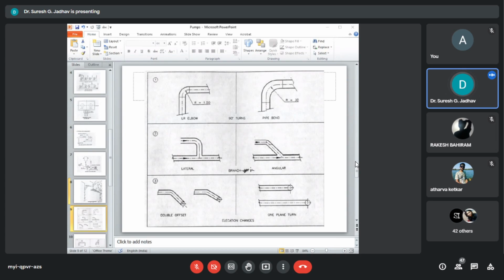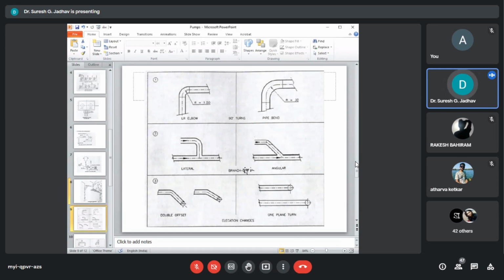So here you can see the different piping fitting components. The first one is pipe ends, that is 90-degree turns, and on the right side elbows and pipe bends.